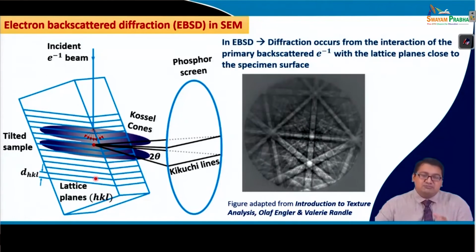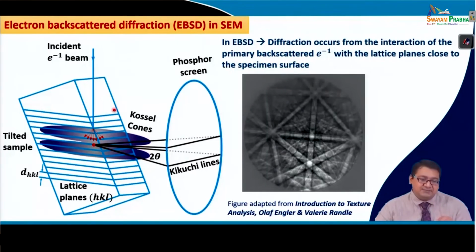So, if the sample is placed in such a way that the RD, TD and ND, that is the important sample reference directions, are known, then one can relate and find out these crystallographic planes and then relate them to the sample reference direction to find out the orientation. So, in EBSD, diffraction occurs from the interaction of primary backscattered electrons with the lattice planes which are close to